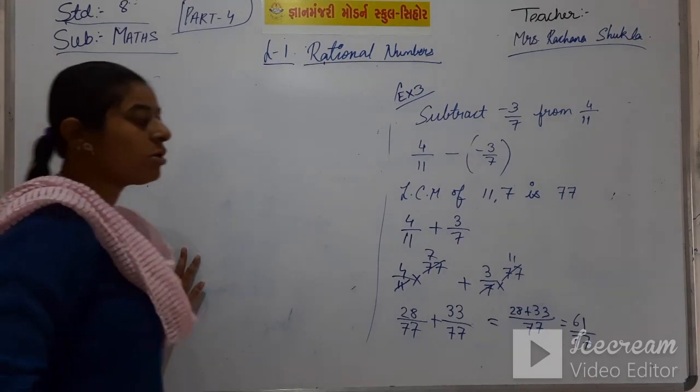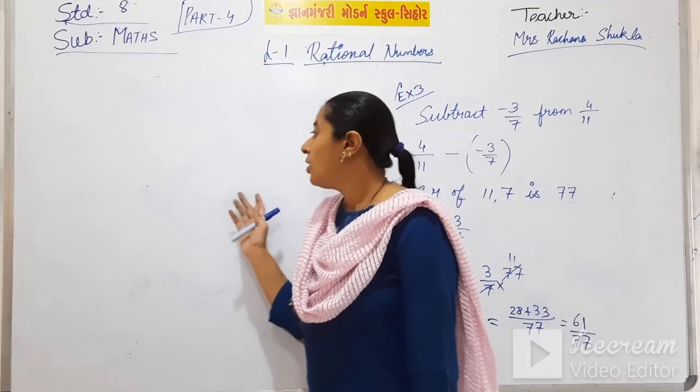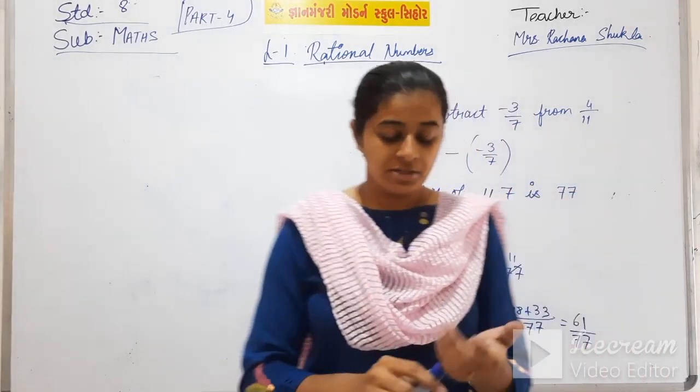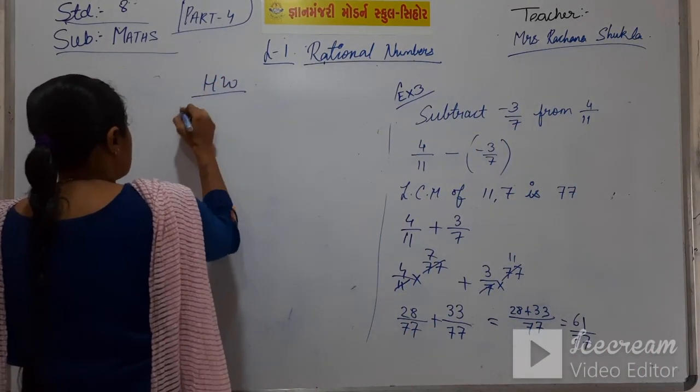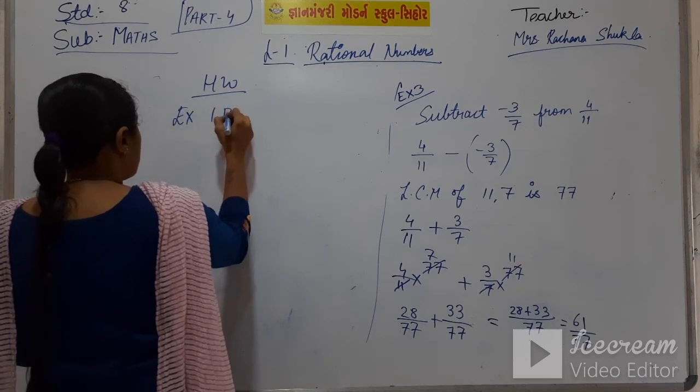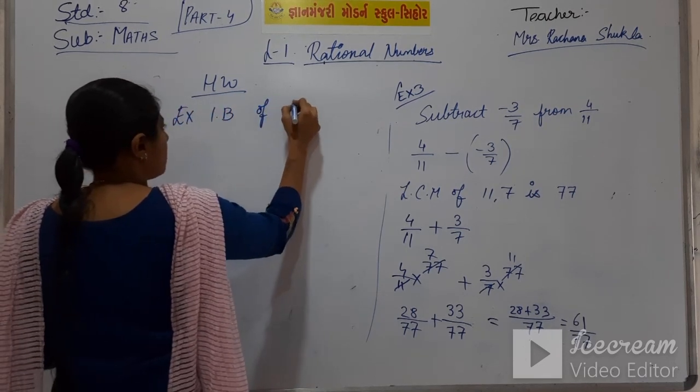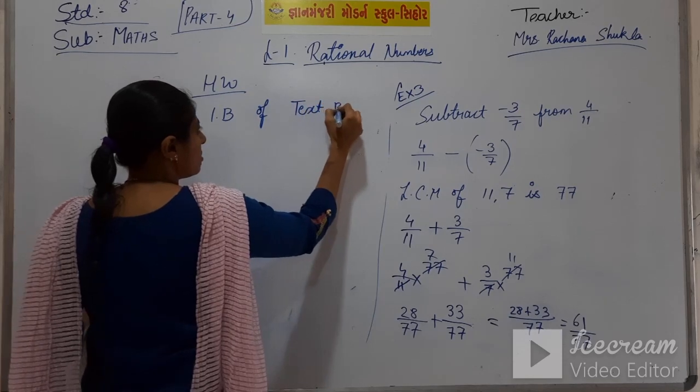First I am giving you the homework of exercise 1B, that is addition of rational numbers. So don't get confused, students. Your homework is exercise 1B of textbook,